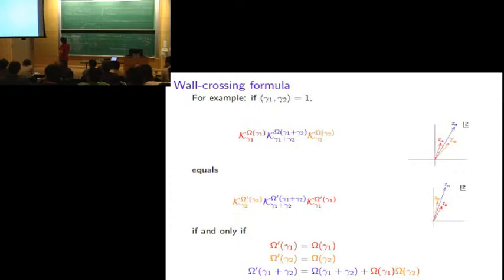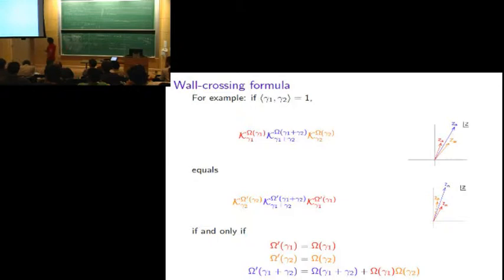So now on the other side of the wall, they'll look like this, and Kontsevich and Soibelman would tell you to make a different product involving a priori different omegas. So the omegas may have changed as I go over the wall. And in fact, it's a simple algebraic game. Those automorphisms are given by some explicit formula, so you just work it out.